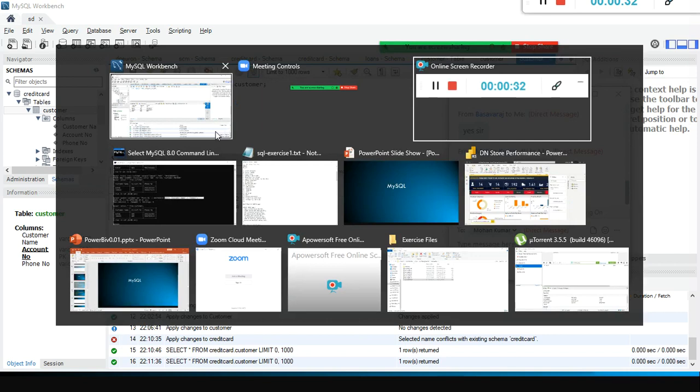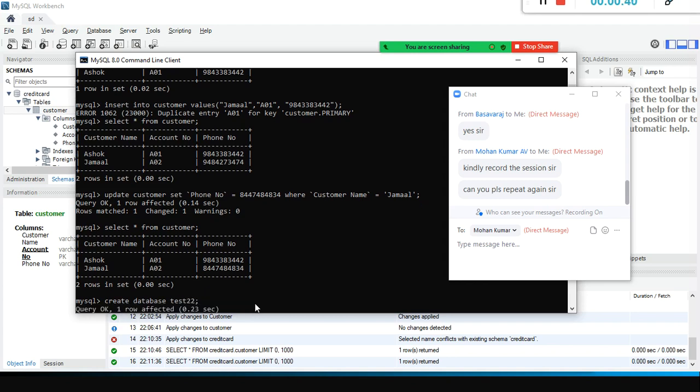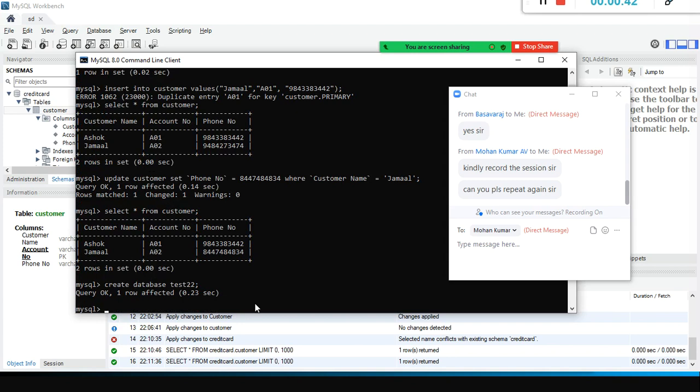Or else you can come to the command prompt and use the create database command. Let's say test 22 or something like that. Already I have a test database, and that is the reason why I am going to create a database with a different name. Create database test 22.